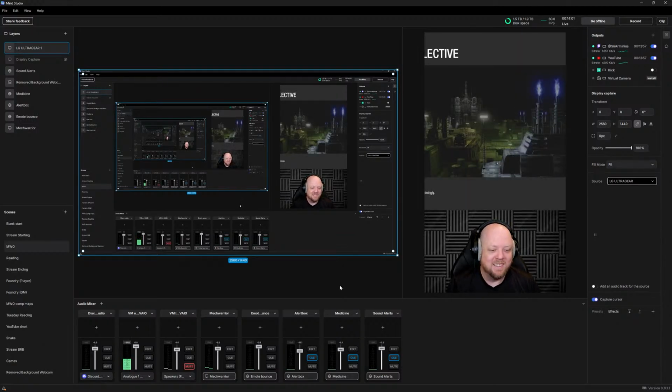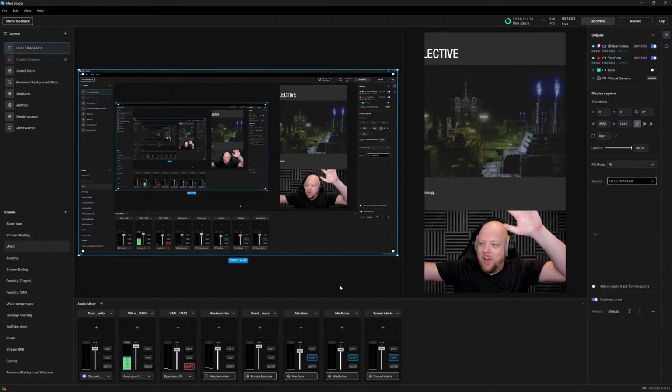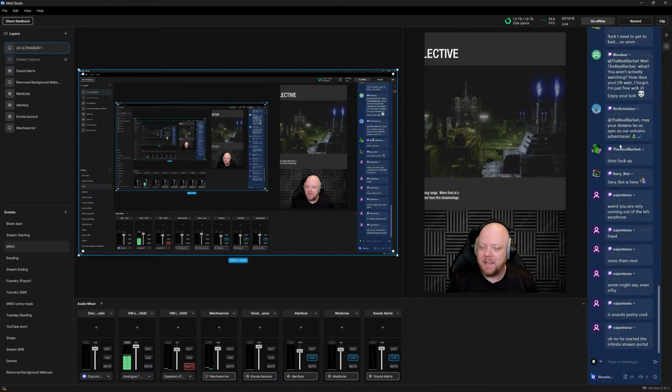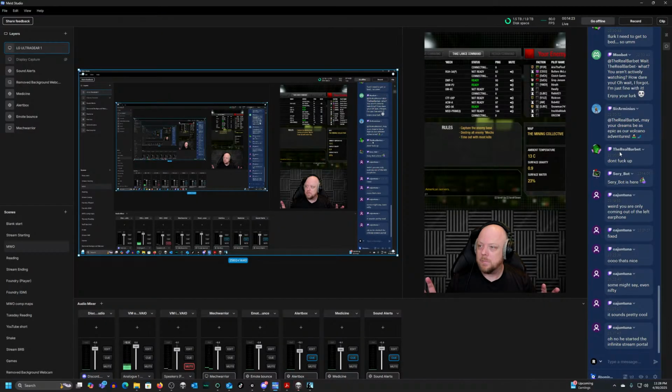The infinite stream portal. So again, it has some of the ability to add my mixers like I normally would. It has chat add-ins, which thank God they added this as of today, the ability to have chat here, which for me is essential. I have to have it. I can't do this without having my chat here because of the way that I do things.